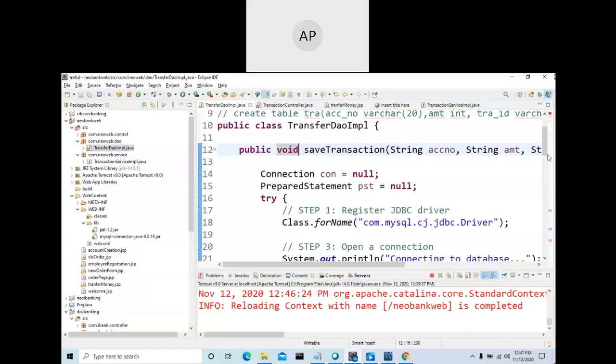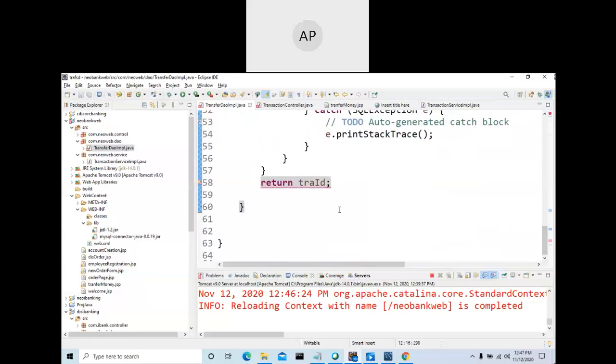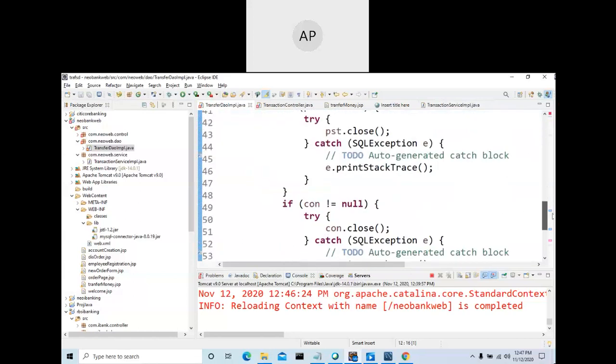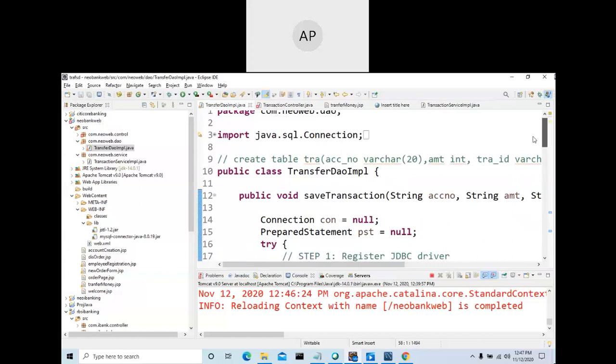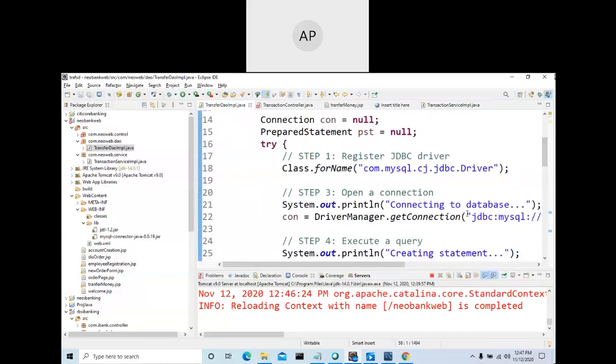You are saving the value, and you no need to return it right here. You can make it void, and you remove this also. No need, right? Because we moved the code. This way.